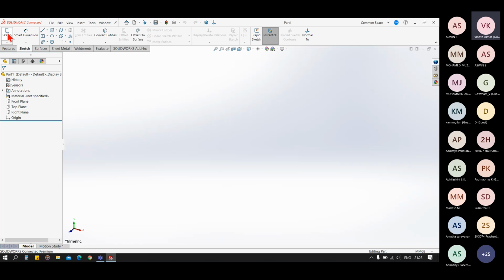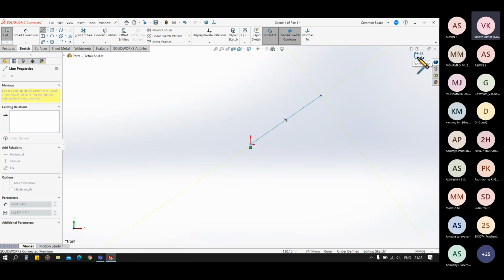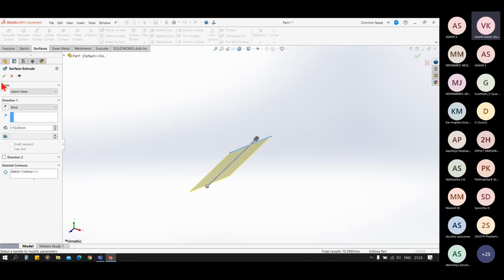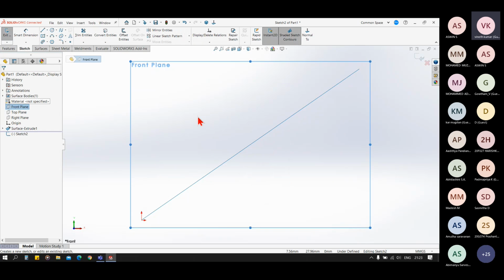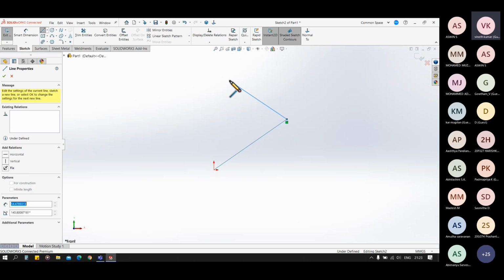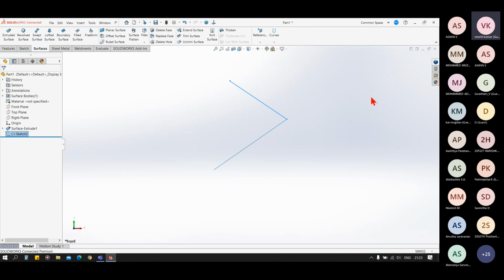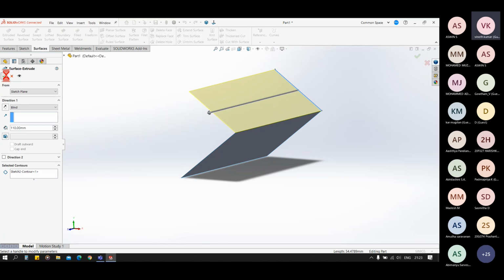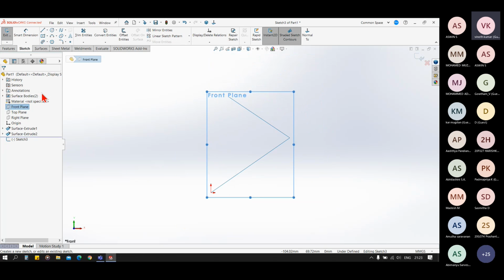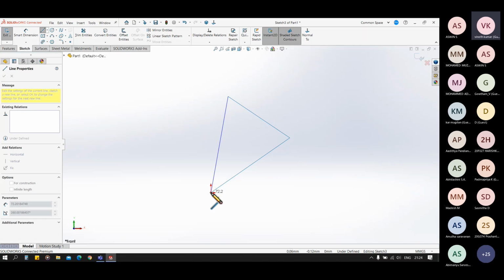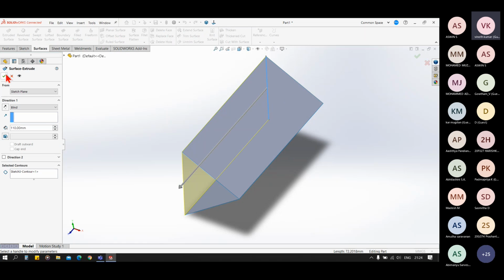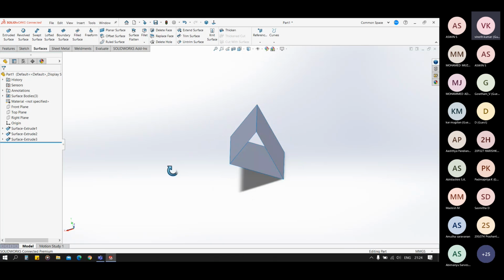So now we are seeing a neat surface. Now you can see we have three different surface bodies.